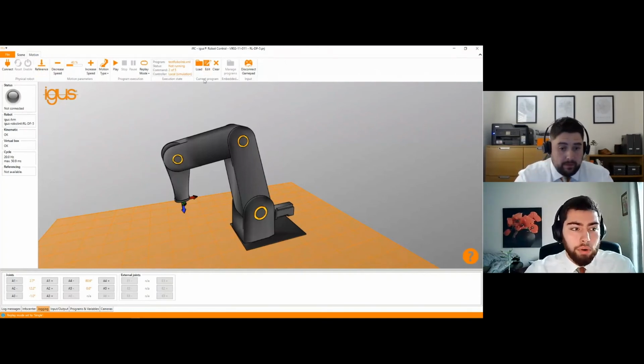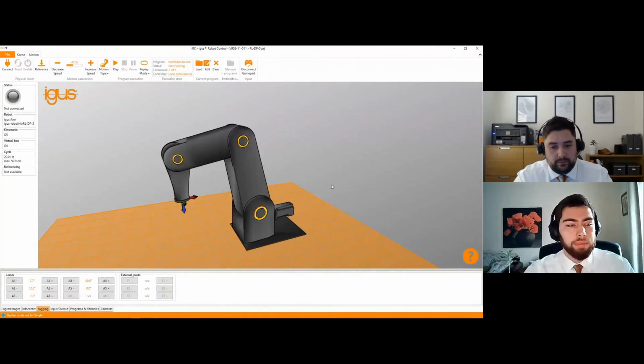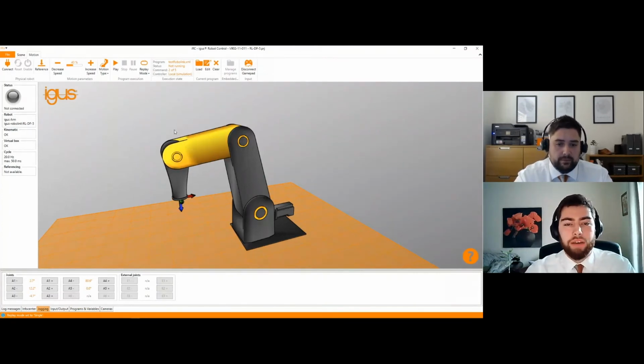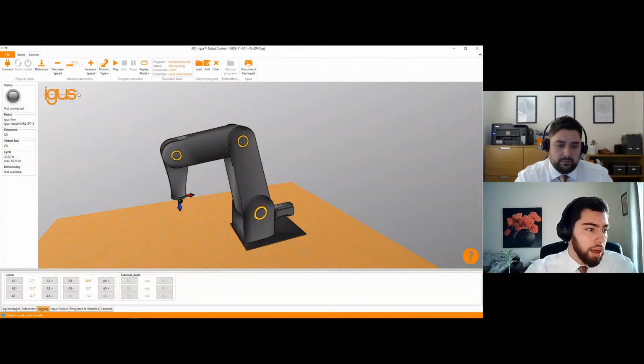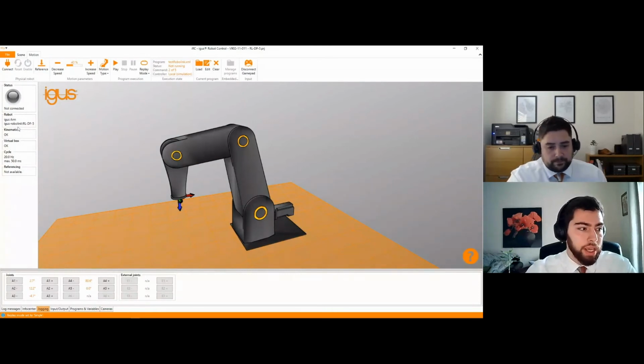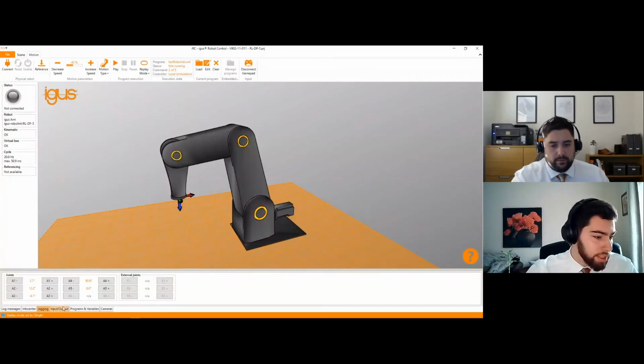Or we can also program the robot offline, so we can just program the digital twin of the robot without having access to the hardware itself. All of the restrictions on the motions are still there, so the program that we accomplish with a digital twin can be loaded directly to the actual robot. On the side, we can see the status window, where we have the main information, if everything is okay and if our robot is connected. And on the bottom, we have various different settings, which we're going to have a look at later on.